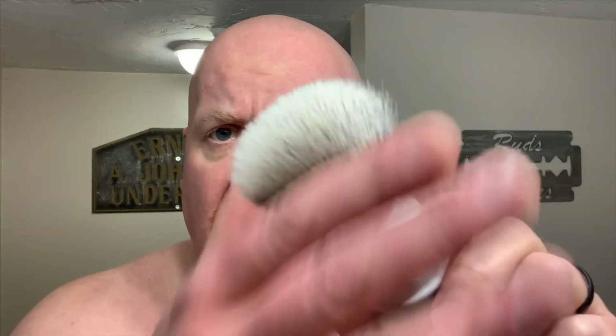Although the price tag is a bit steep in my opinion for synthetic brushes, I think it really delivers on the closest natural feel that I've experienced to date with a synthetic brush fiber. As mentioned previously, it's much like the Muhle STF V2, as well as the Edwin Jagger synthetic silver tip, perhaps even the Simpsons chubby synthetics with a different loft to them though. Hope you'll have an opportunity to check these out if you're in the market for a luxury